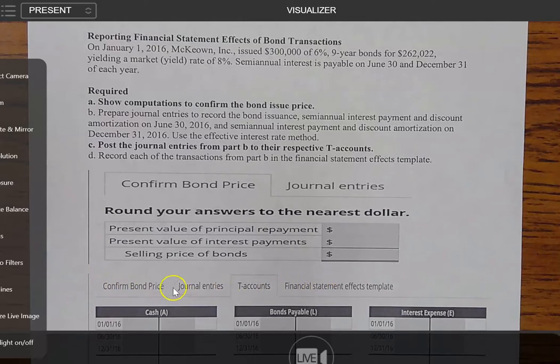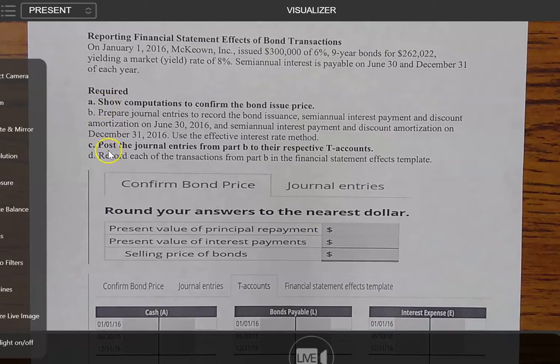And in a previous video, we confirmed the bond price. We're going to do that again, and then we did the journal entries. So if you want to know how to do that, it should be the video just before this one. This part we're going to be focusing on